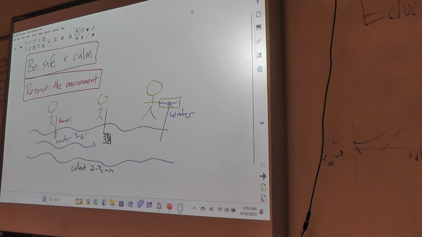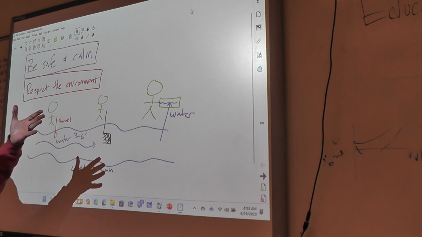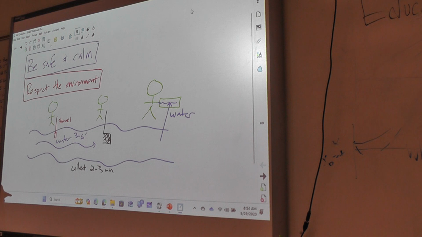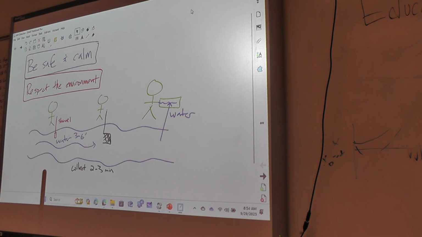You have to use this to stir up the rocks and other debris in the creek. And while the person with the shovel is doing that, the person with the net is gonna stand 3 to 6 feet away, it's a couple meters, and try to catch. You may be able to see some dirt or debris coming down, and you can try to catch it with the net. If the water seems really clear even as you're stirring it up, you can still see where the water is flowing. And you want to get the net where the water is flowing so that any organisms that are stirred up by the shovel person end up in the net. And you should do this for 2 or 3 minutes. When you're done,